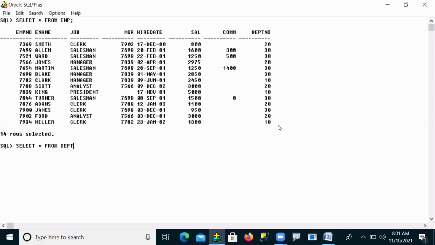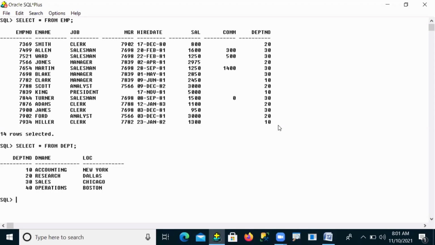For example, if I call it the DEPT table, this also satisfies my 4 rules. Each column has a single value, and there are no duplicate column names. As per the data type, it stores the same kind of data, and the order of the data does not matter. So that means every table we create in our Oracle.